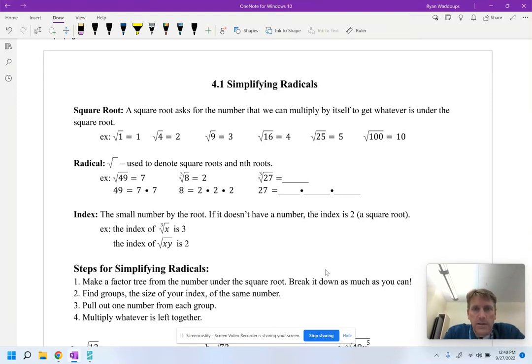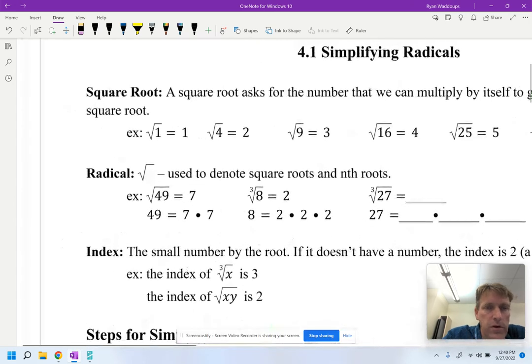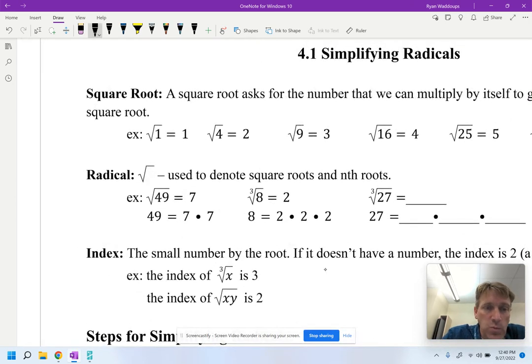Hi, welcome. This is a lesson on how to simplify radicals. A square root asks for a number that we can multiply by itself to get whatever is under the square root. For example, the square root of 1 is 1 because 1